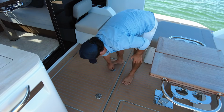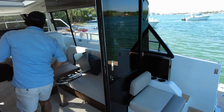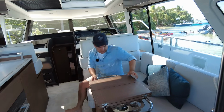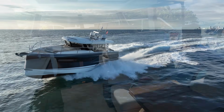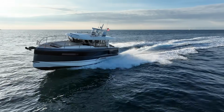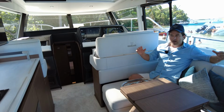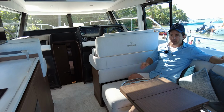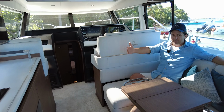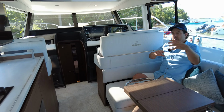So that's the boat, guys. I think, come in here and we'll sit down and have a yarn. I think she's a specific piece of kit, this boat. I think she's a fun, exciting piece of kit for many of you. So if you have come from a big, open, multi-engine, center console, day style boat, and you're thinking further, or if you come from a smaller boat and you're thinking, I want to